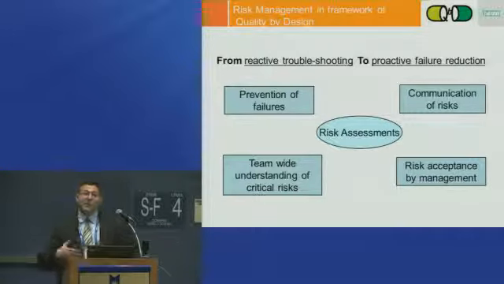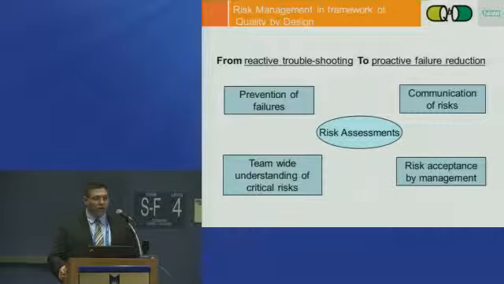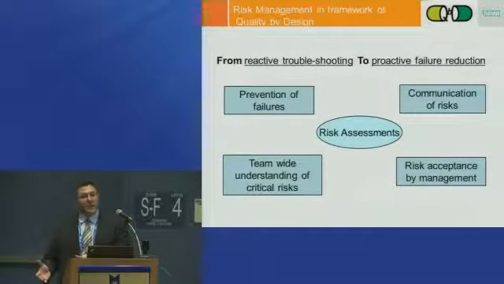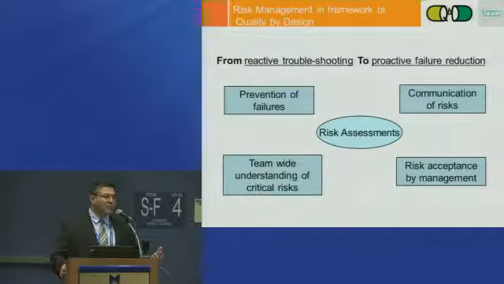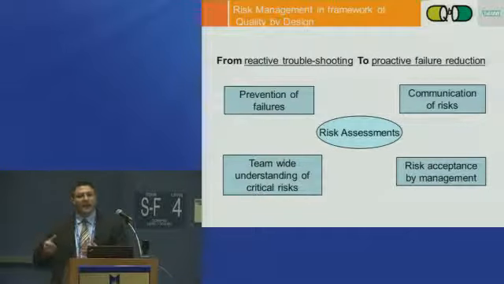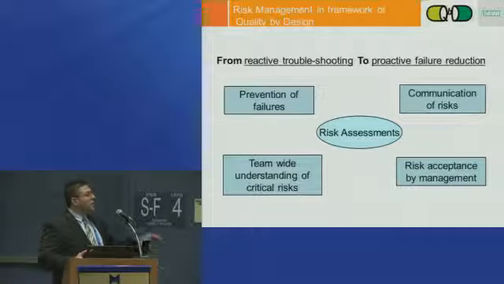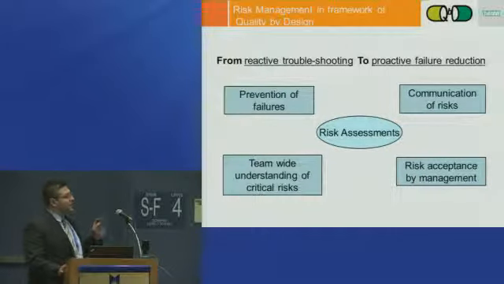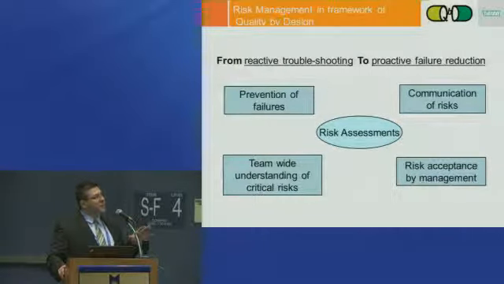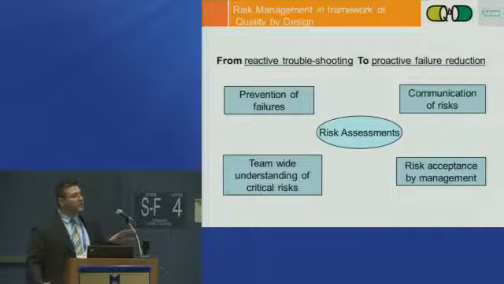So then by the time a fire does come about, everyone's calm and reserved and could put the fire out in an easier way, as opposed to the reactive one, where the job will get done, but at a certain expense, and quality could be compromised. So we want to move from a paradigm shift of reactive troubleshooting to proactive failure reduction, prevention of failures,